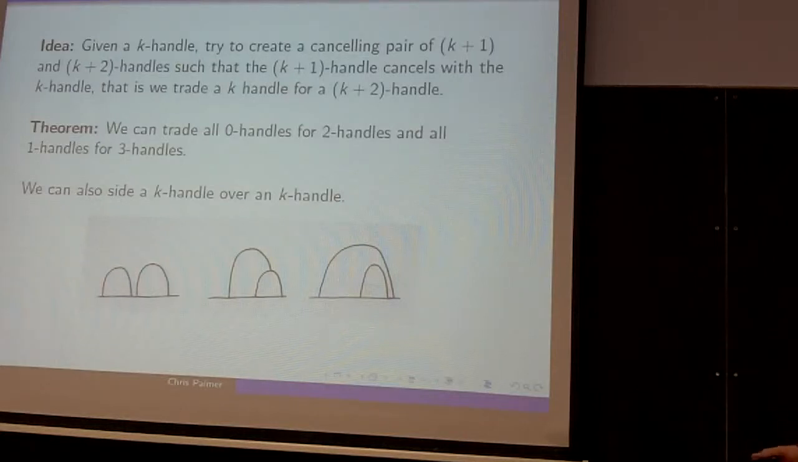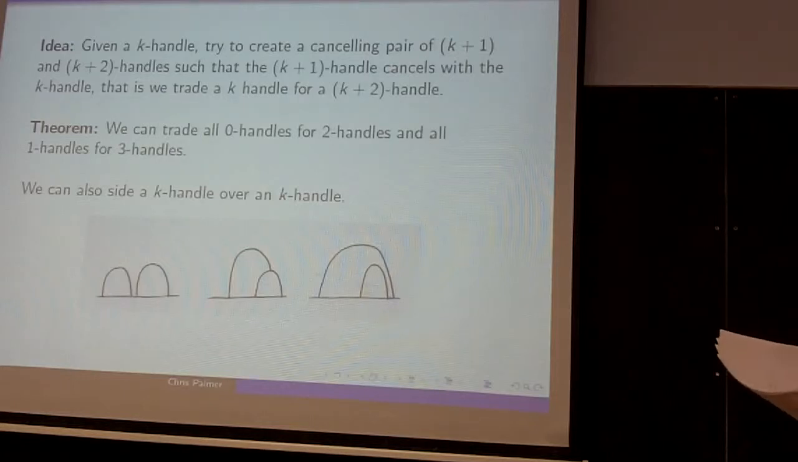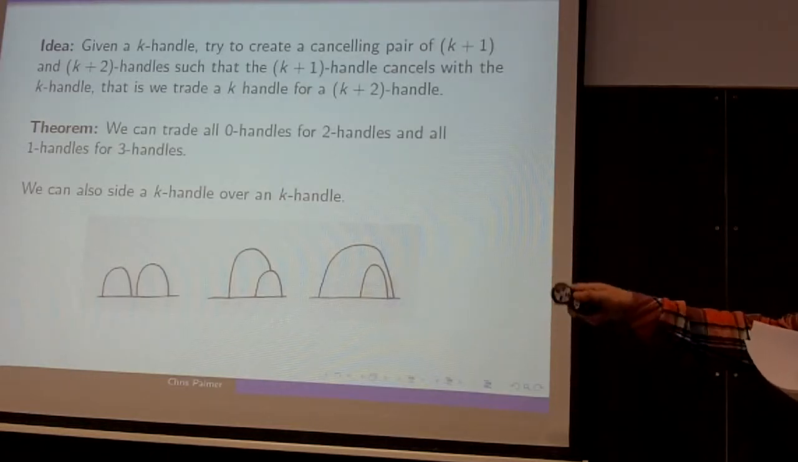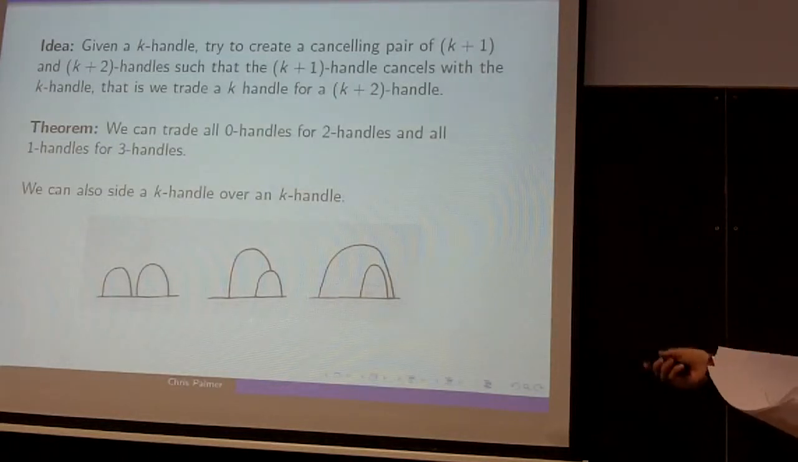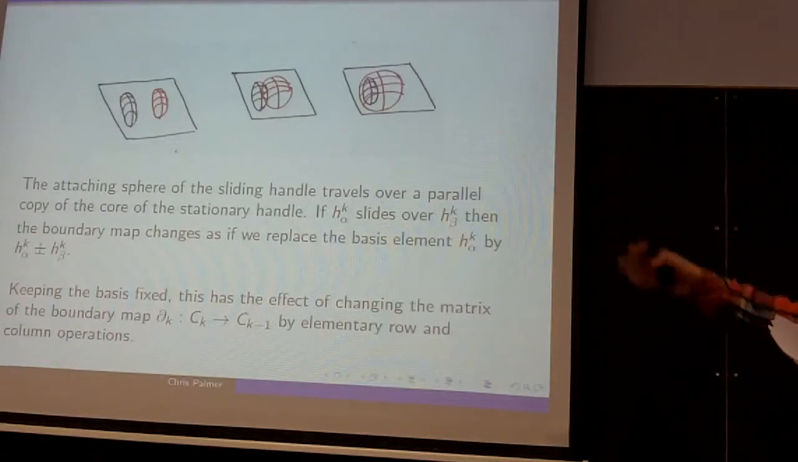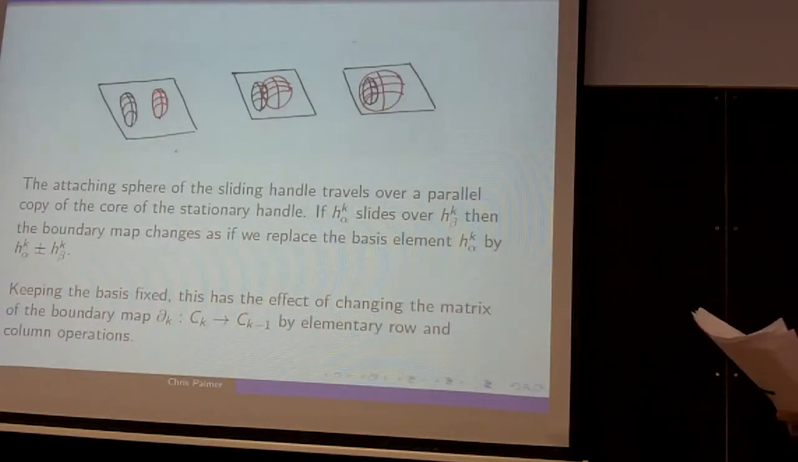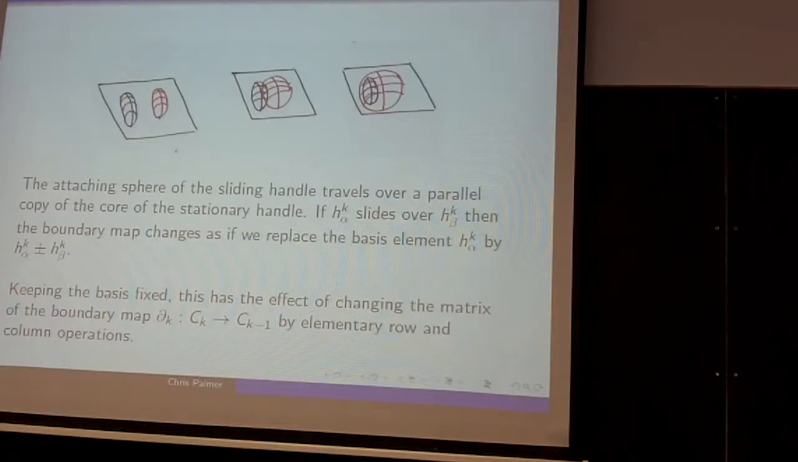Another technique is sliding handles. So the idea is we can slide a k handle over another k handle. So we have a picture here where we're sliding a one handle over a one handle. So I guess this is the core. We're showing sliding the core over, and we can also do this. There's a picture where we're sliding a two handle over a two handle. So the idea is, what's the effect of this on